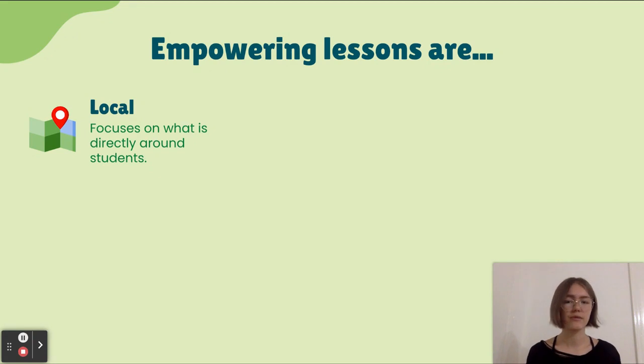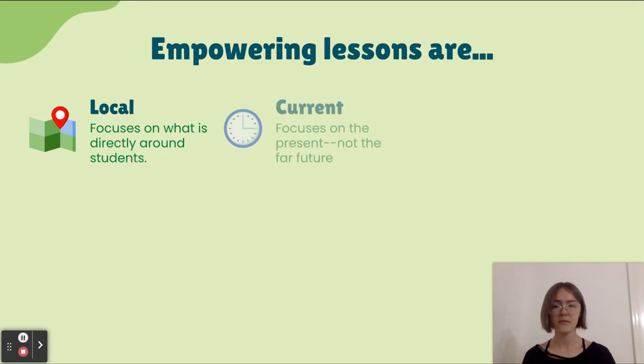Globally, things don't feel the same way, right? When you're learning about how climate change is impacting someone on the other side of the globe and how people there may be preparing for it, students don't see how they fit into that picture. But when you're focusing on the local level, that is a place where students can really see themselves acting. They can see their family and their community around them actually going out and doing these things. And that sense of place is very important to actually giving students a sense of power.